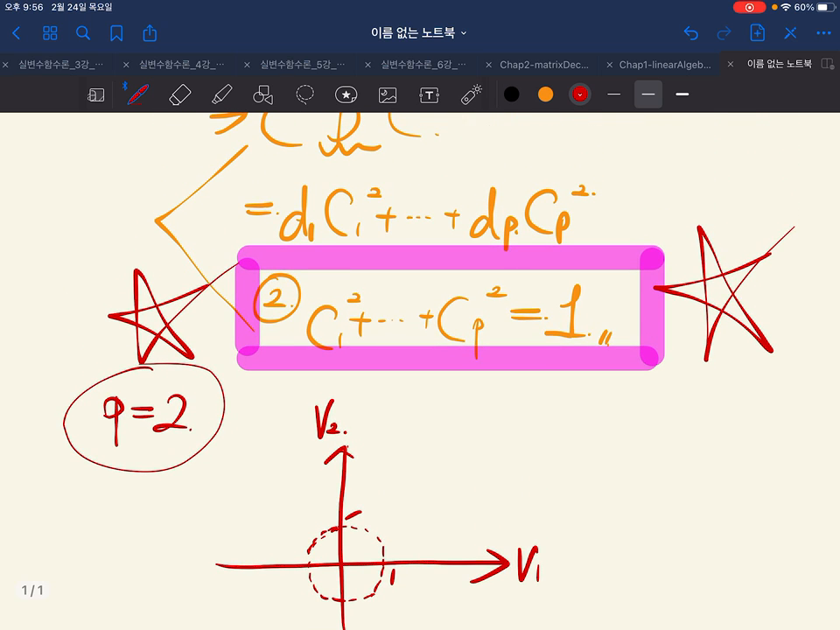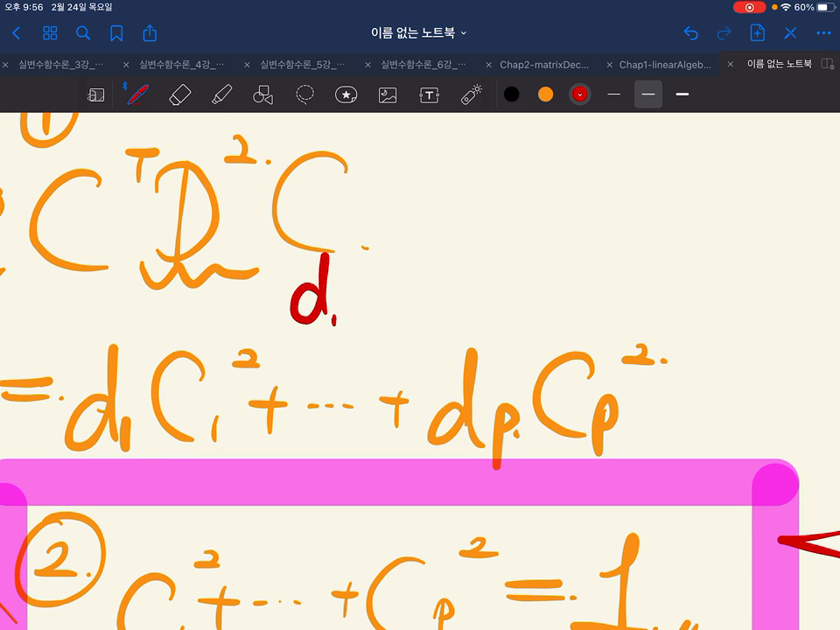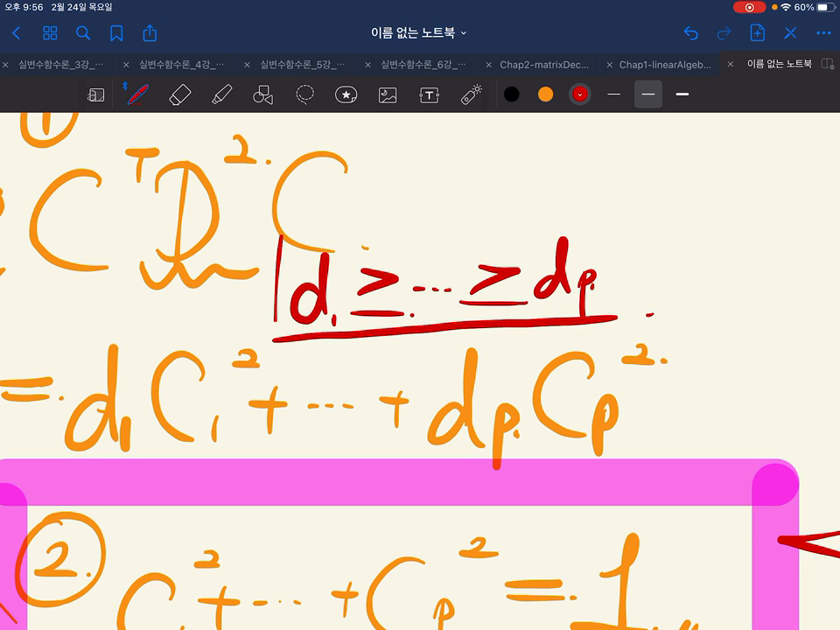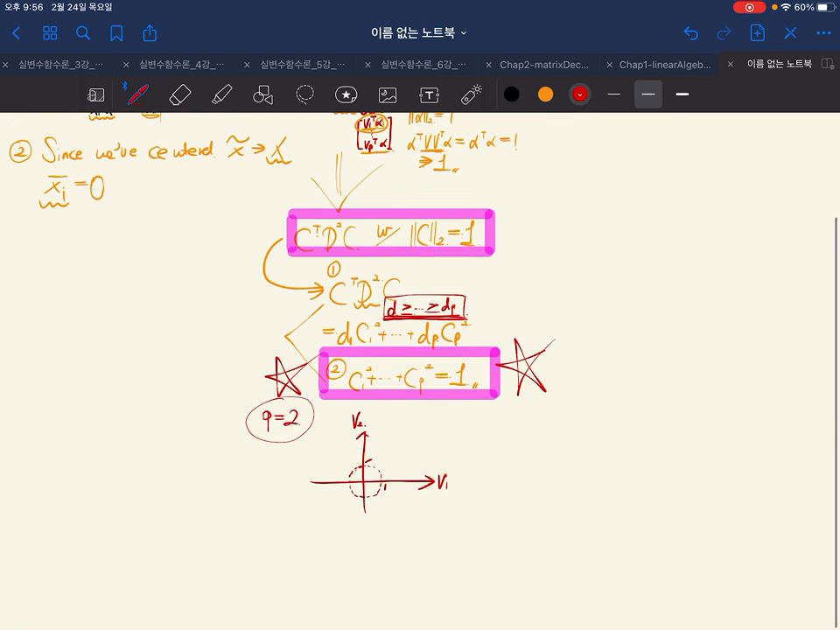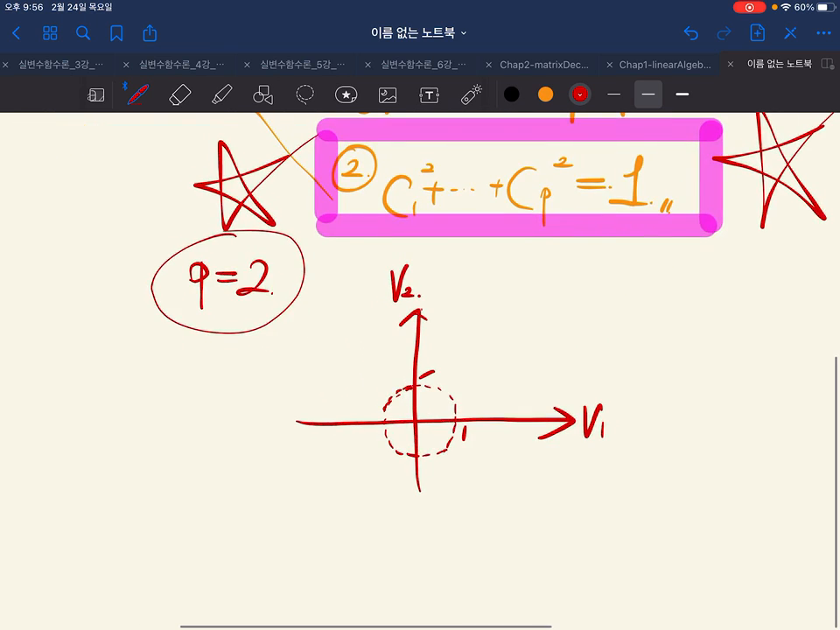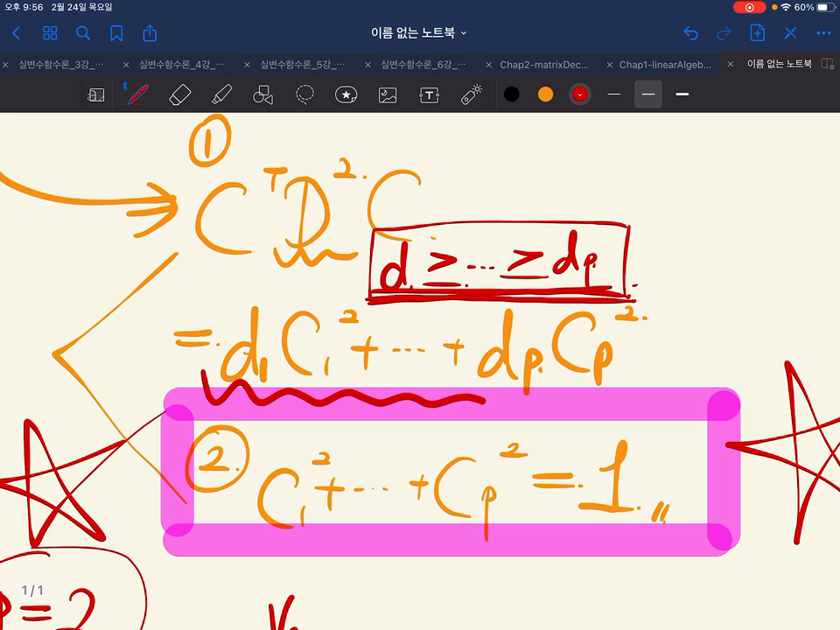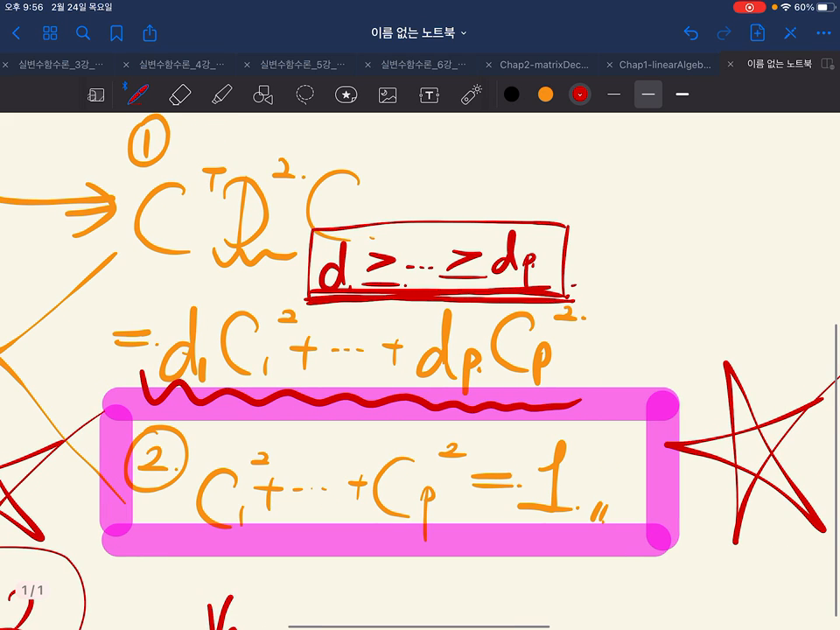And if we think of the contour plot, let's assume that the D1, the diagonal elements, are made in a decreasing order like this. So D1 is the largest, and in this case D2 is the smallest. And if we think of the contour plot of this function, if we set this to k,